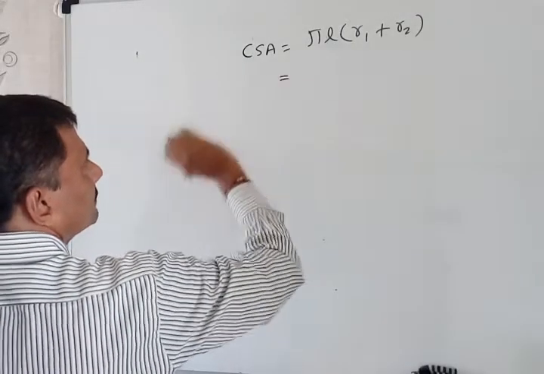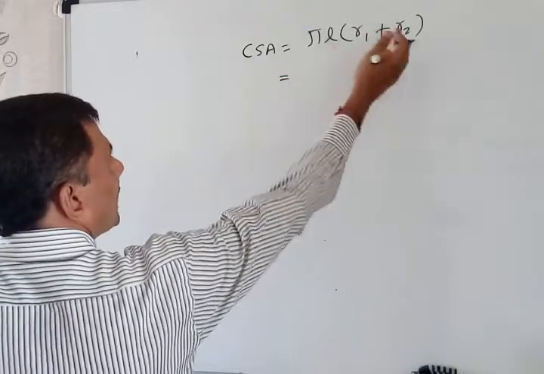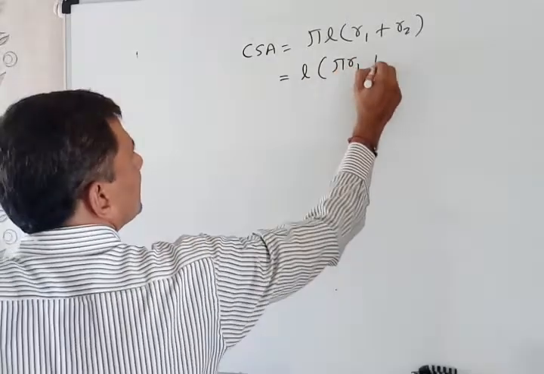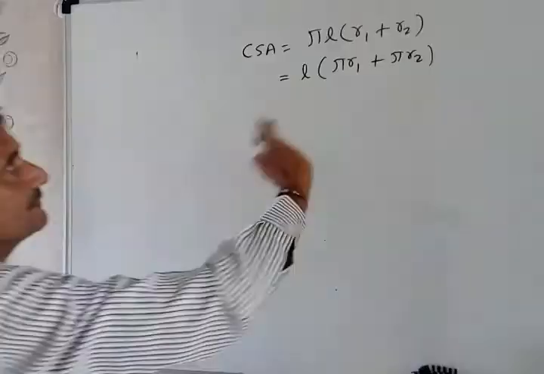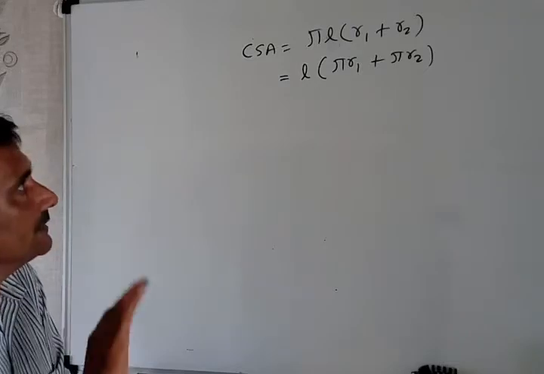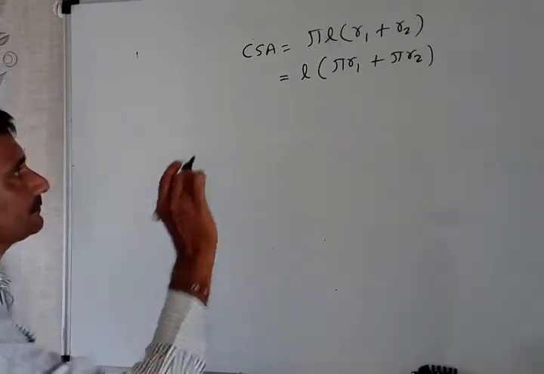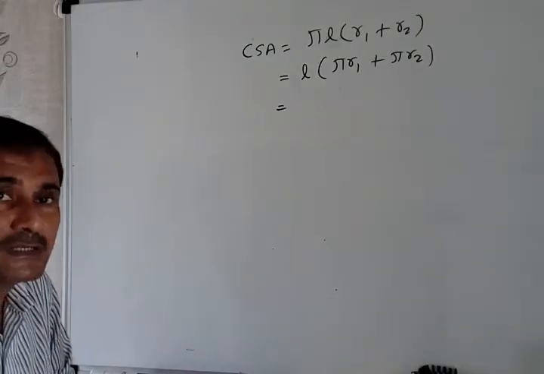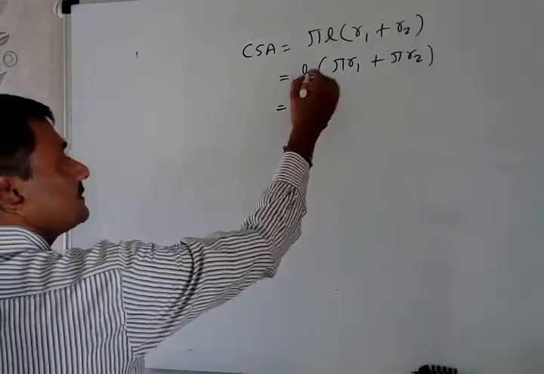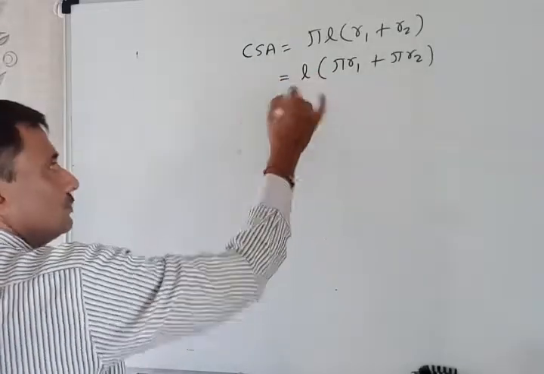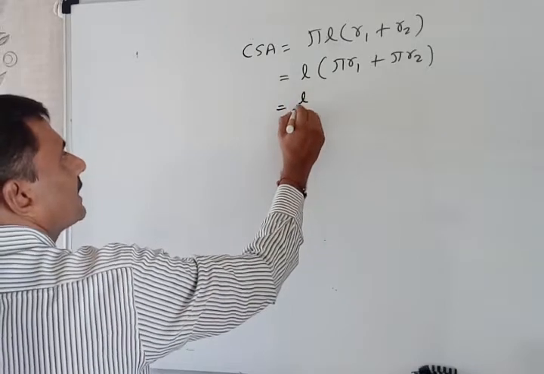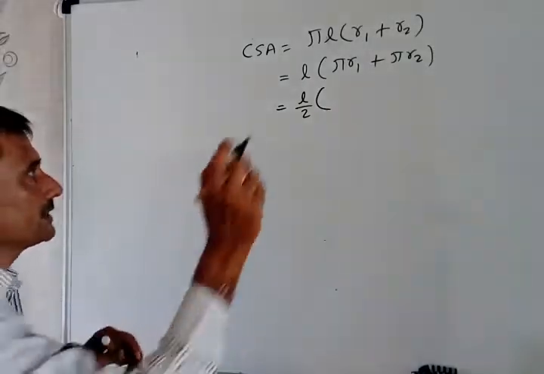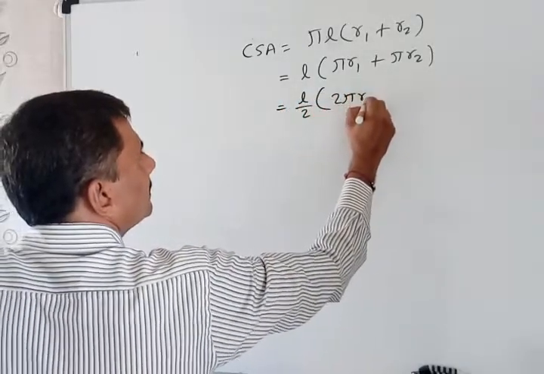I take pi inside of that. So outside only L is left, so it is pi R1 plus pi R2. I just shifted pi inside of the bracket. Now, if I get 2 pi R here, then I can place circumference in place of that. So I multiply and divide by 2. I divided, now I also multiply directly inside of the bracket. So it becomes 2 pi R1 plus 2 pi R2.